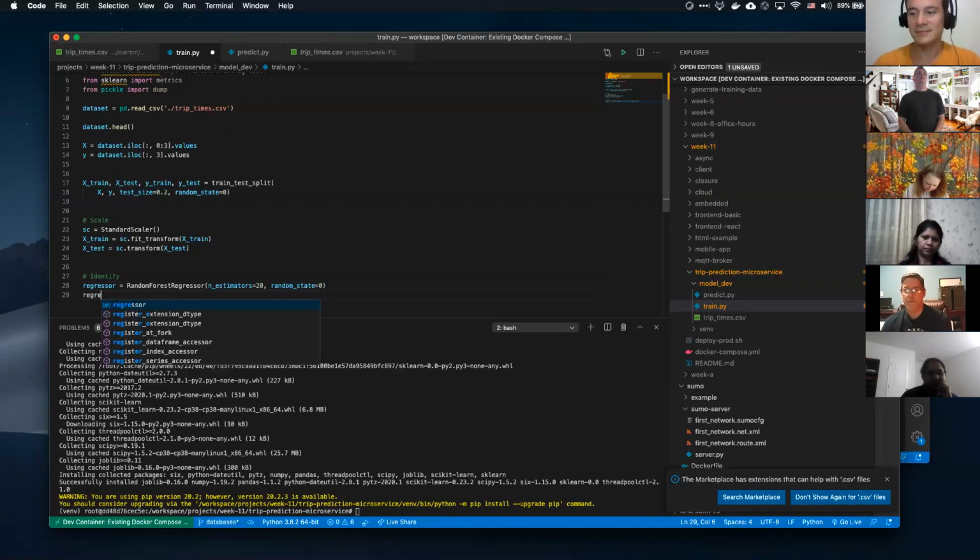And then the real magic here, there's a function on this regressor called fit. And you just pass your X train and your Y train, which is your answers, right?